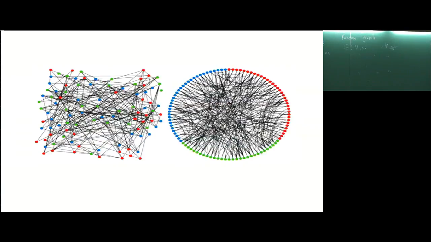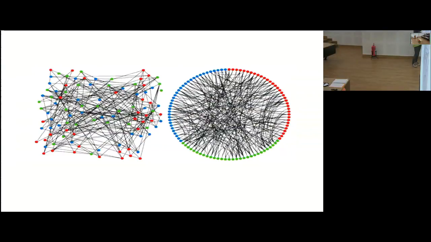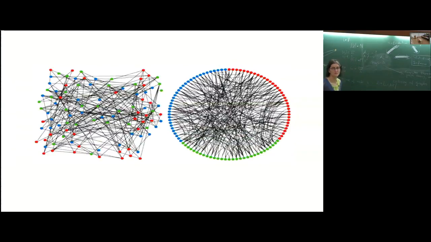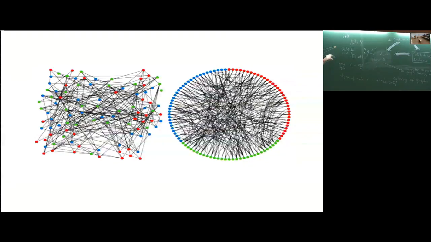The adjacency matrix: where do I have the edges here? If ij is an edge, then I say that a_ij, which is called the adjacency matrix of that graph, is 1. And if ij is not an edge, then a_ij is 0. And a_ii, for instance, we will say is 0, since nodes are not connected to themselves; there are no self-loops. So this will be the adjacency matrix.